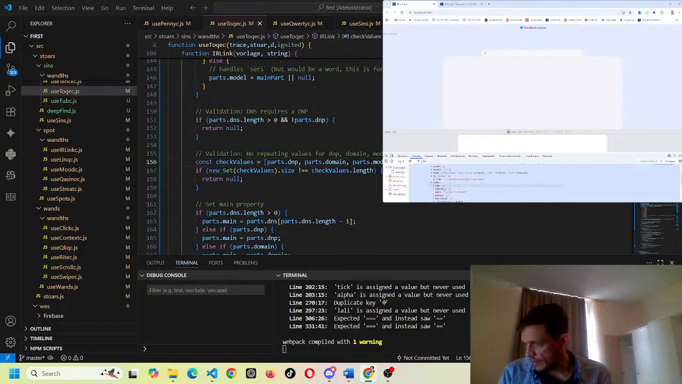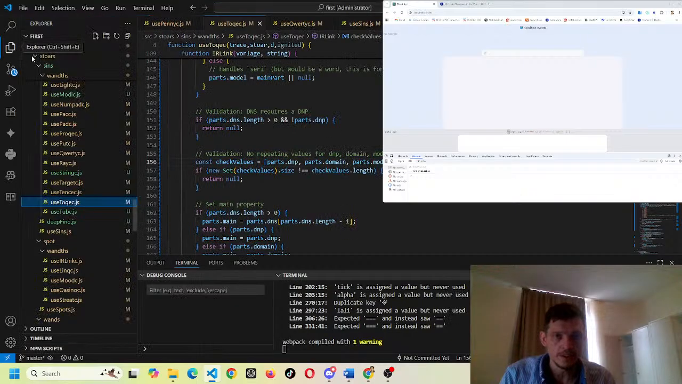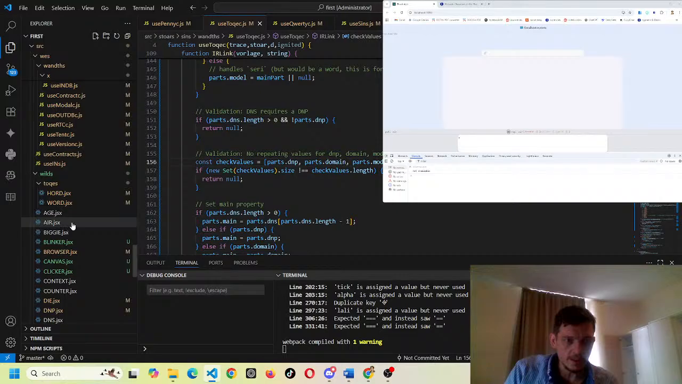Label. No, the main. Oh no, the paths. Main filter. Yeah, that seems to be correct. And then we need, we actually need